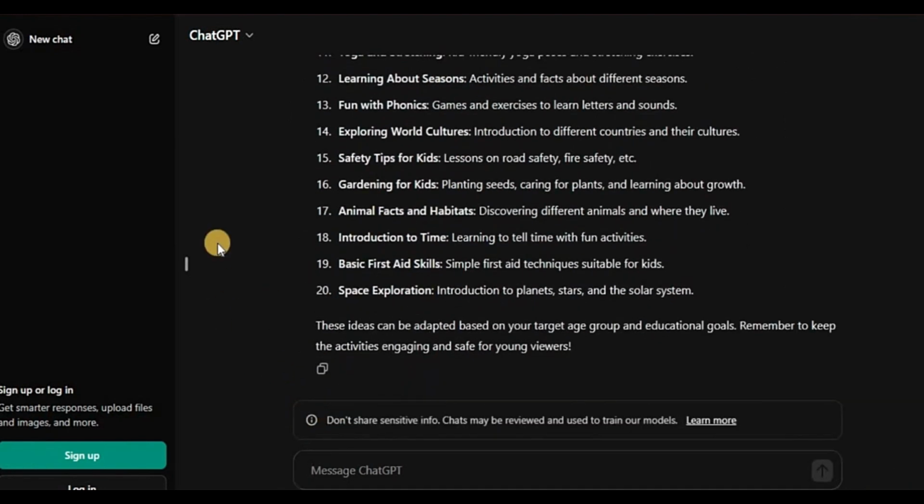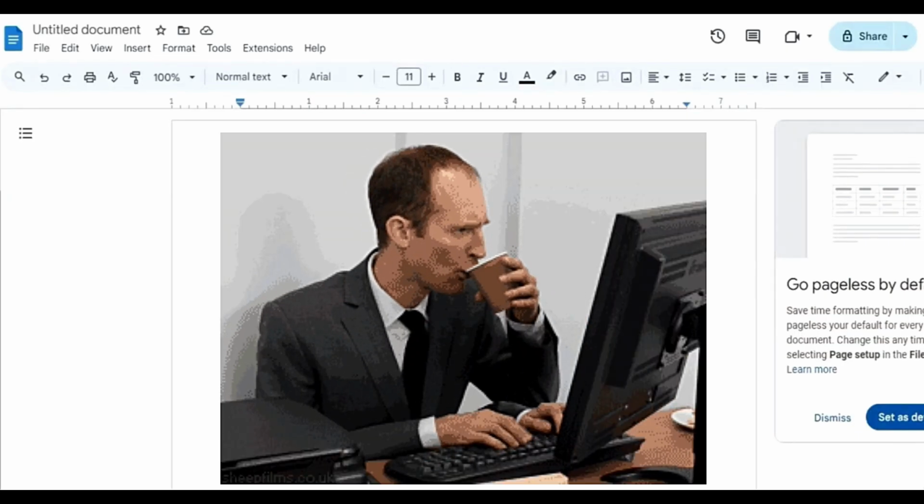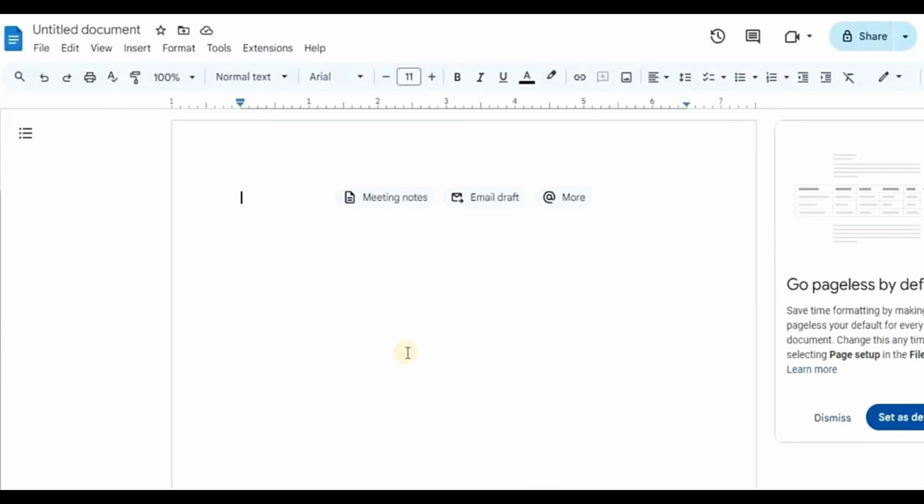Now, once you have gotten your video ideas, the second thing you need to do is to come up with the video script. You can go about doing this in two different ways. The first way is by coming over to Google Docs and writing the script yourself. If you can do that, go ahead and do that. But if you can't come up with your script, there's a second way to get your script easily, by using